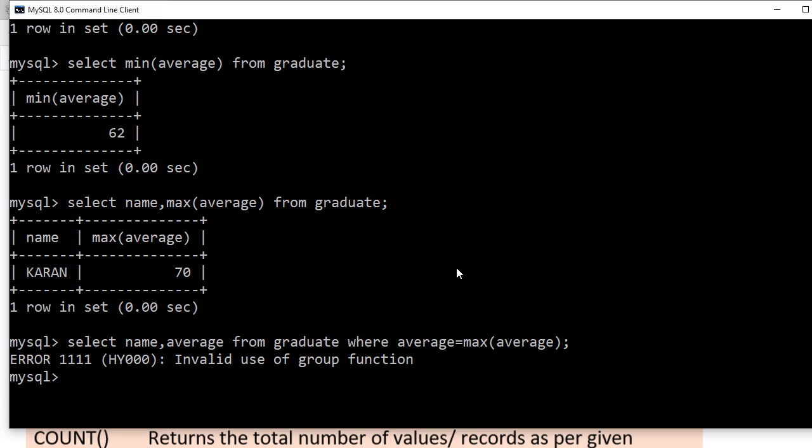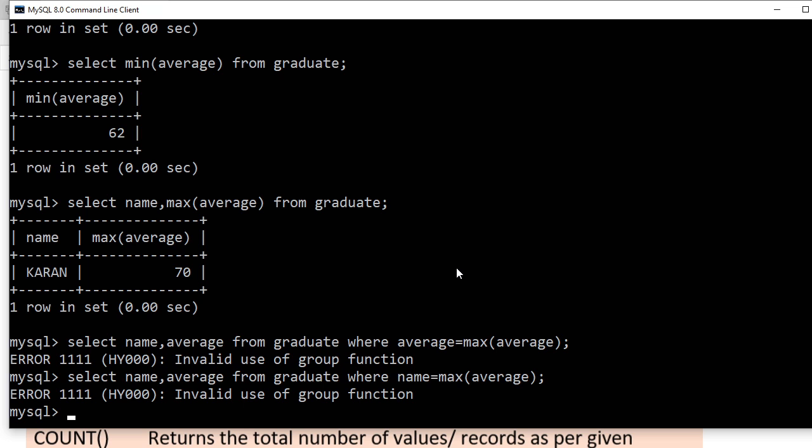One more try from your side. Where name equal to max average. Here I'm writing name. Let's check it out.